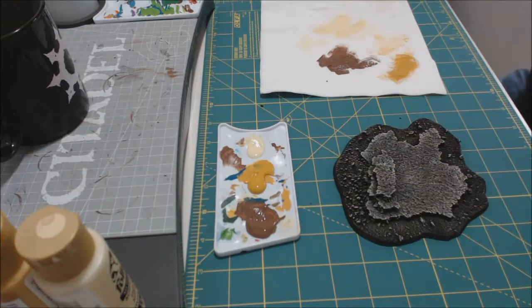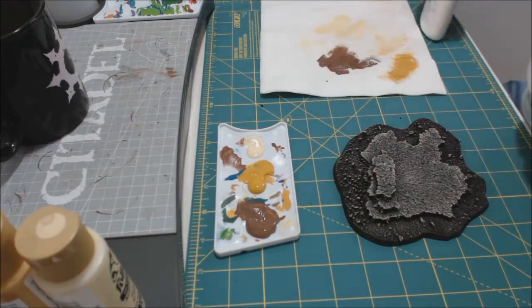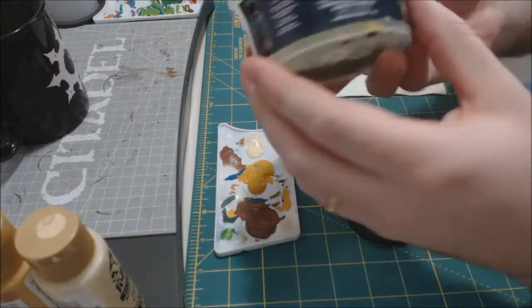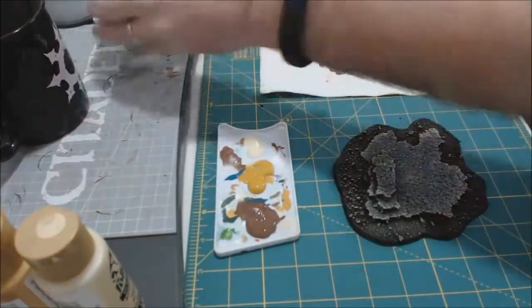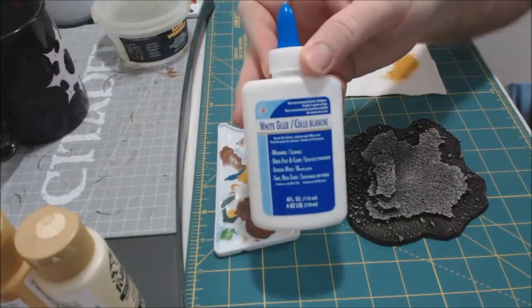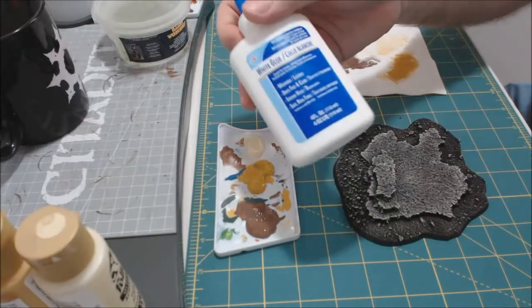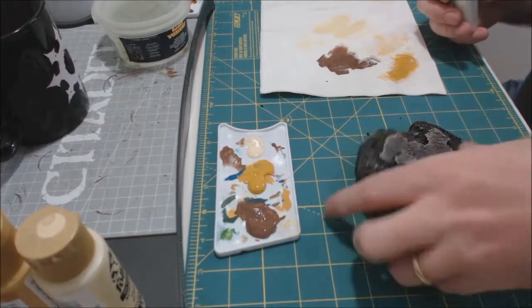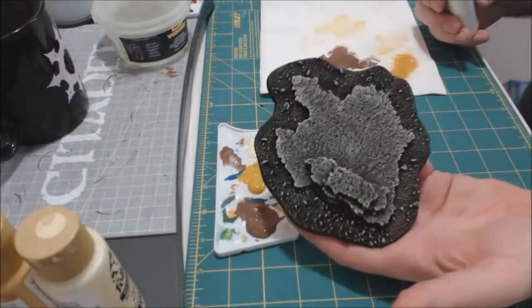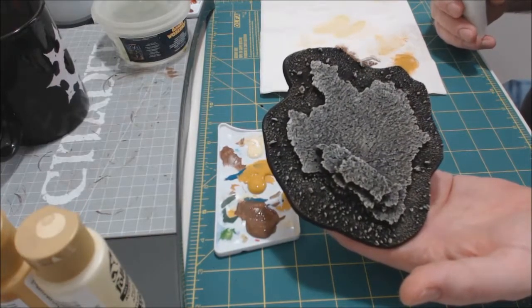The last thing we're going to do is glue a little bit of static grass on. For static grass, I'm just using literally Games Workshop standard static grass. There's nothing fancy to it. PVA glue, which some people call Elmer's glue, is just white glue. I get this stuff at the dollar store because it's 50 cents, and glue is glue for the most part. Usually with these terrain pieces, and this works for 25 mil bases, 40 mil bases, 60 mil bases, whatever,